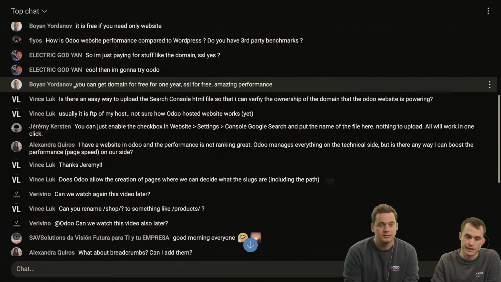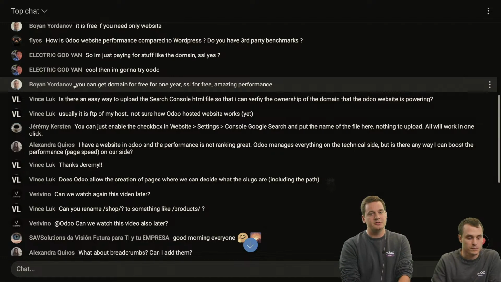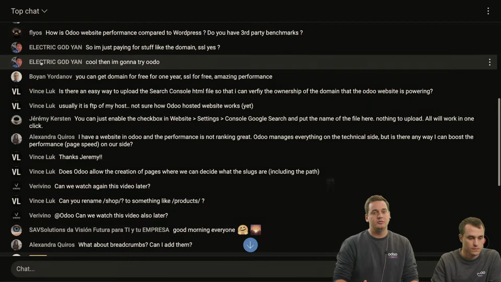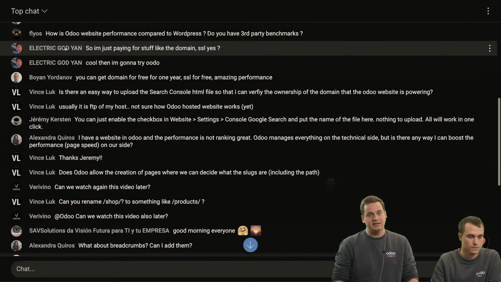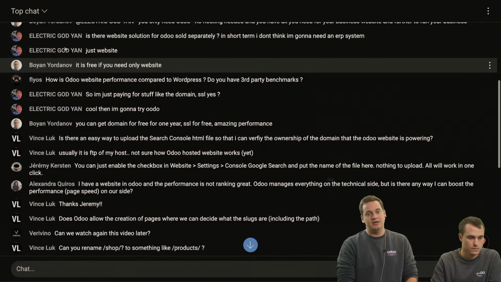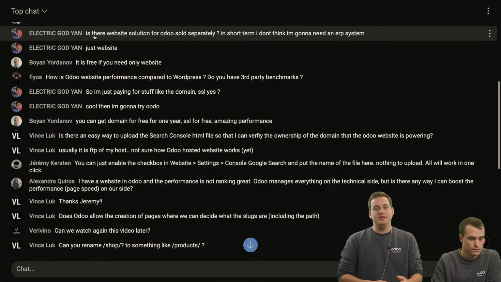Do you have third-party benchmarks? I don't think we have third-party benchmarks for the moment, but it's really hard to compare two websites. For website performance, you can always go to PageSpeed Insights, put your URL in there, and check the speed of your website there. But it will depend on a lot of things. If you decide to put big images, videos,